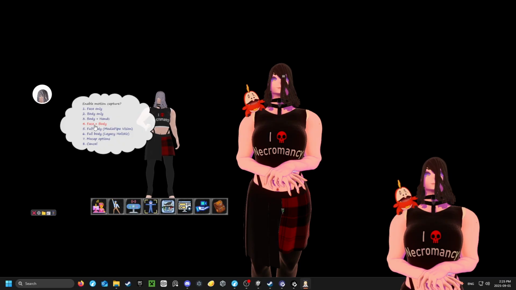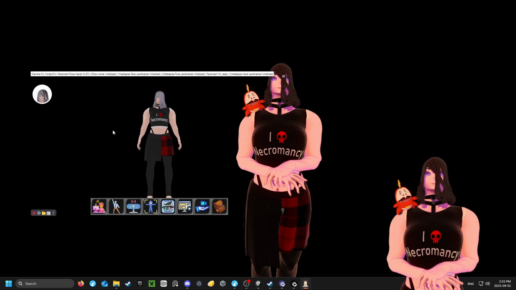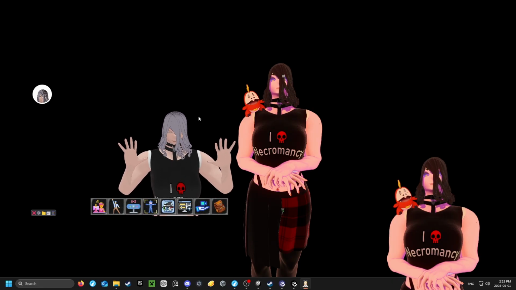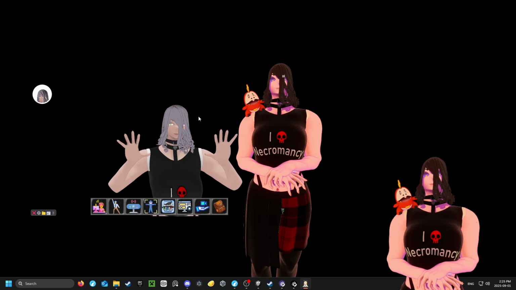Face plus body is shit. It doesn't track hands. Full body. Now, if you have not run this before, you're seeing a lot of things appear, probably. It will not actually show this first. It will show two pop-ups on the side. Now the tracking is turned on again. It will show up two pop-ups on the side, and then it will tell you keep the face still, look